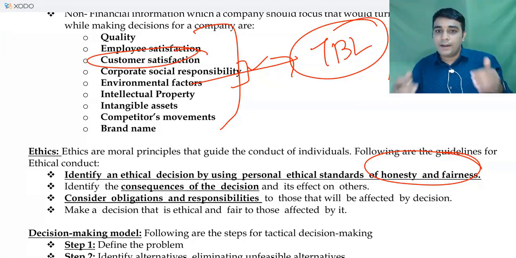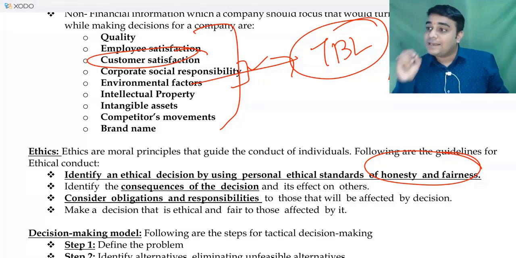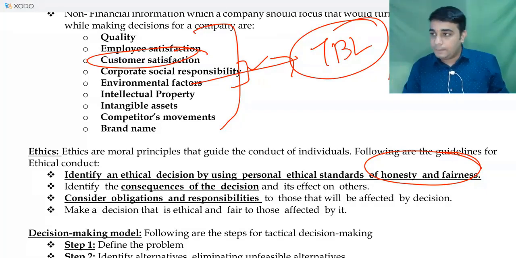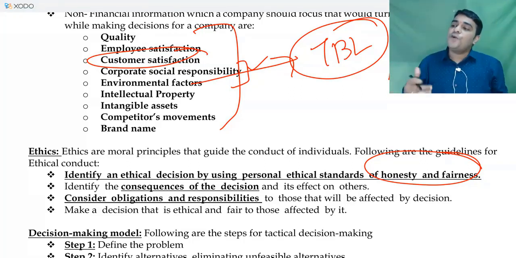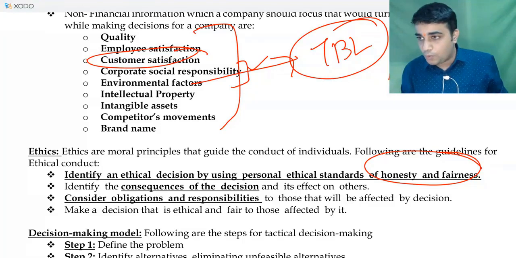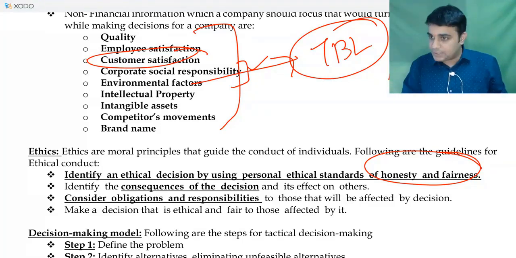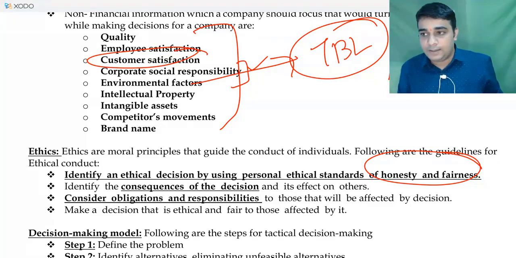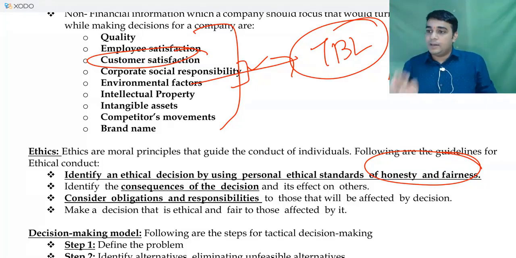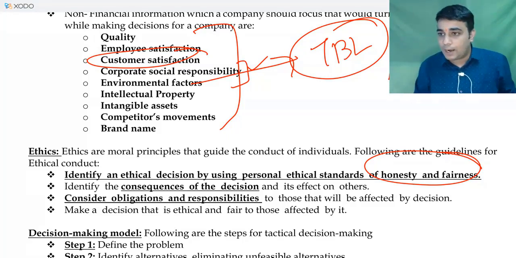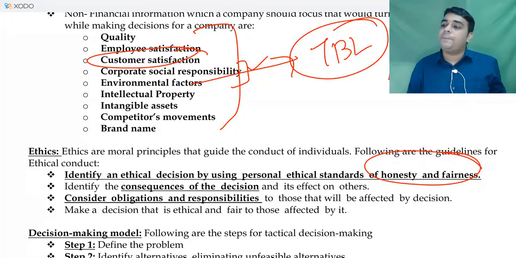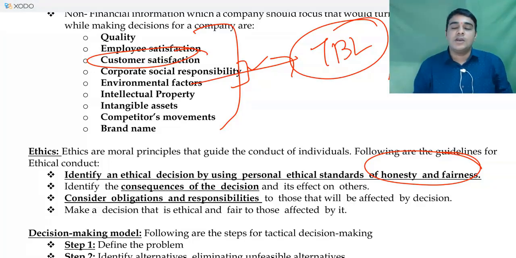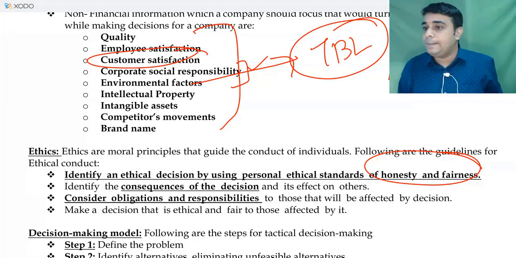But reducing the average length of stay can have some impact on the patient's health, because he may not have fully recovered. Before the full recovery itself, you tell him to go out. Now, if anything happens to that patient, it cannot be quantified in money. You look at the kind of negative publicity the hospital is going to attract. That is why your ethical principles are very, very critical. Just because you are financially making more profits, it does not mean you should go ahead and implement something.